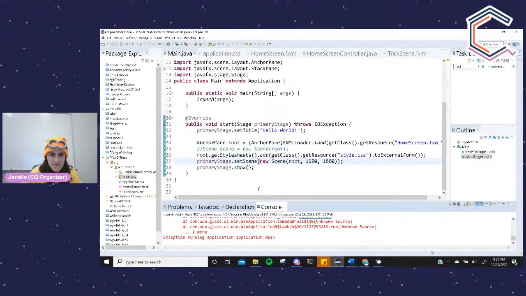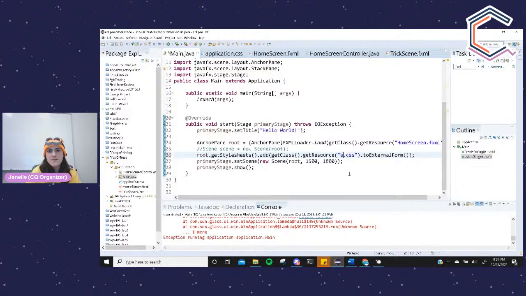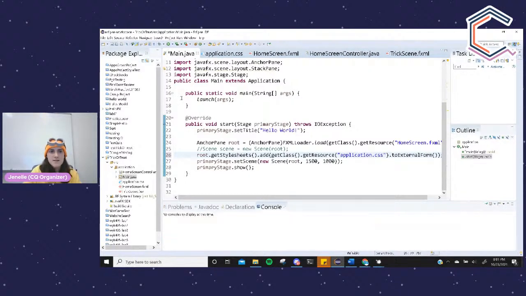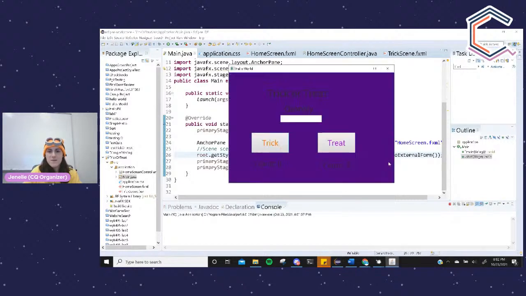Running main. Because it says style.css, we want it to be application.css. So I guess that is one instance where you can't always copy over code. So now that we've specified the right style sheet, it's indigo, so you can't really see anything anymore, but